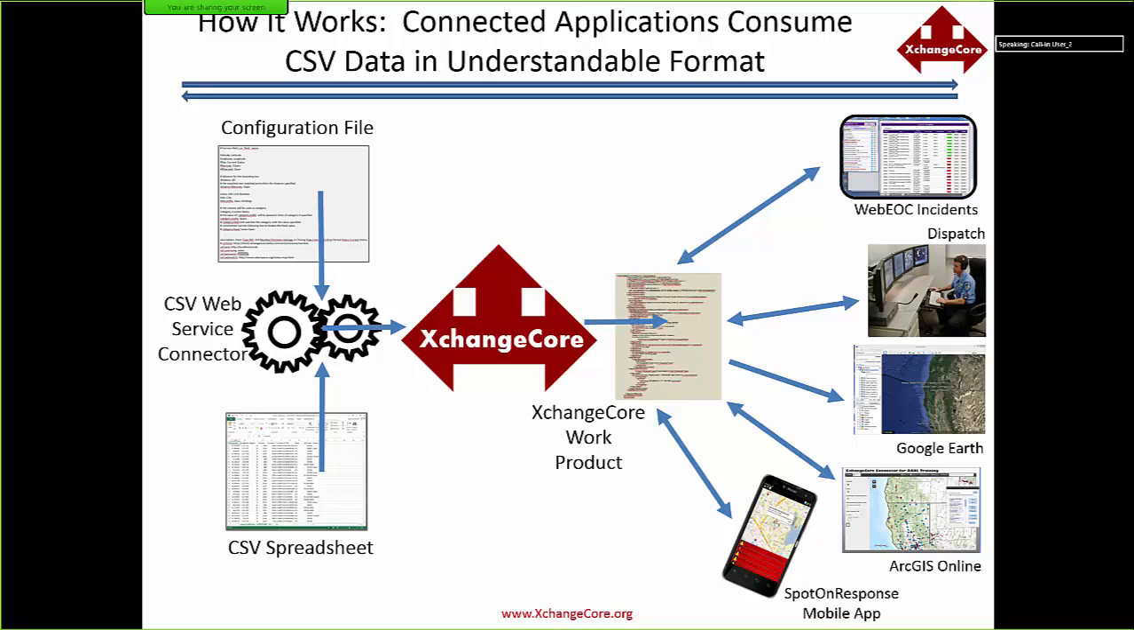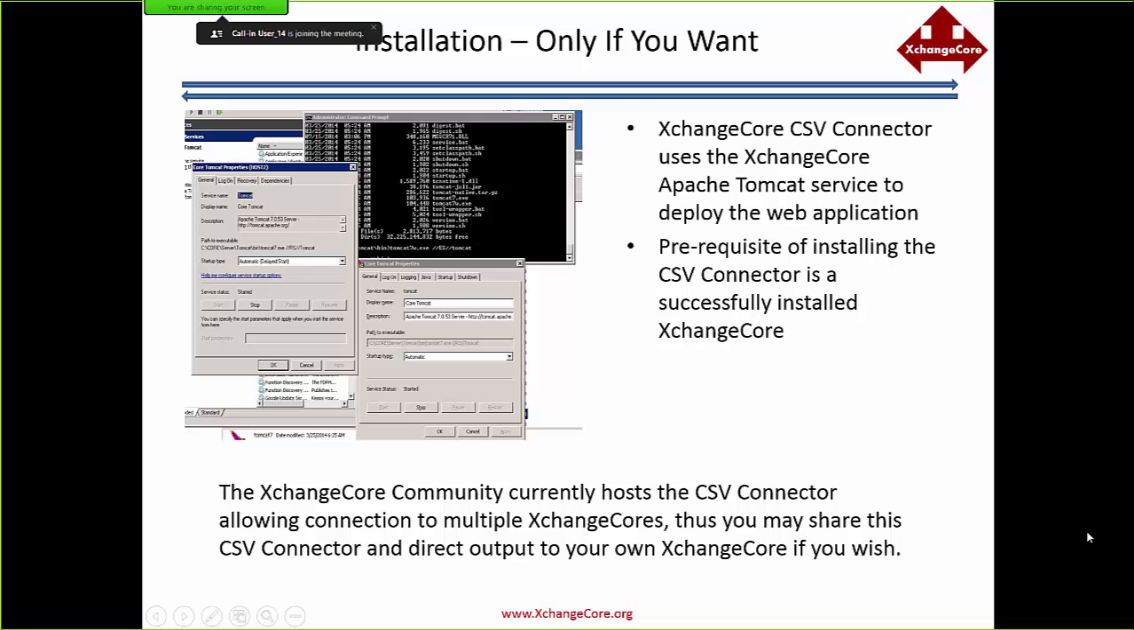So let's take a look at the next step as we move along here, and that's installation. I want to make an important note here that it's only if you want. The CSV connector uses the XchangeCore Apache Tomcat service to deploy as a web application. So this becomes a utility, really, that works right with the XchangeCore. A prerequisite, therefore, is that you have an XchangeCore successfully installed, and following that, the CSV connector is available to